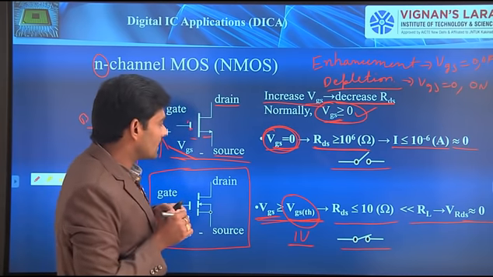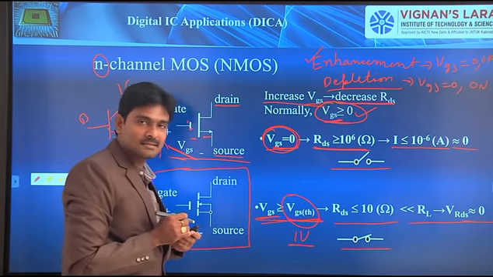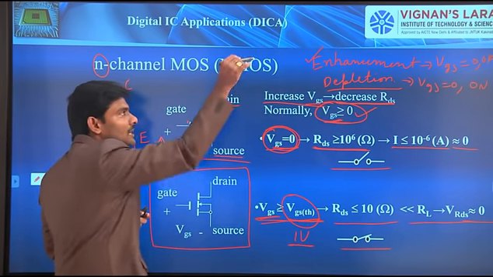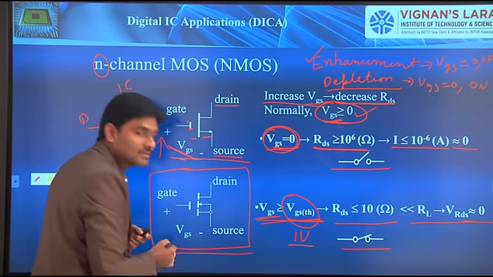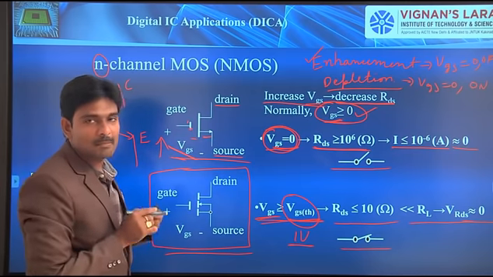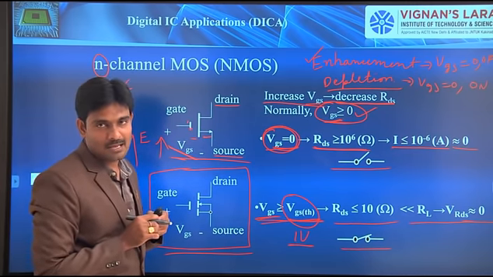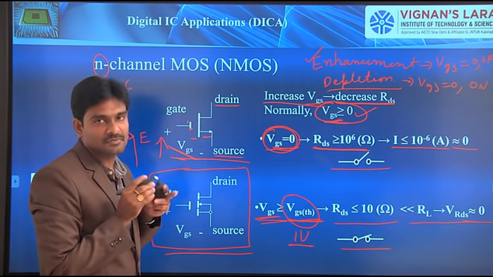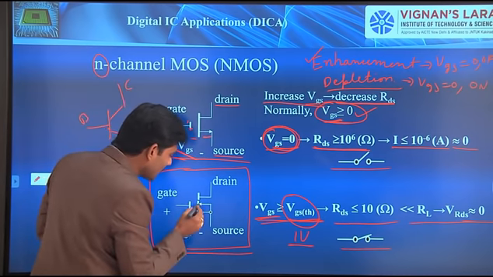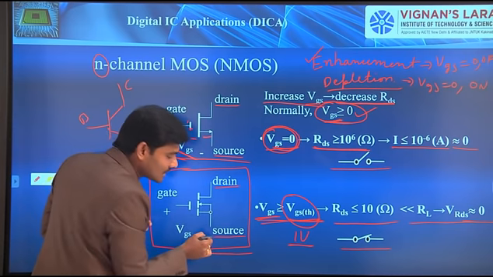Anyway, in our logic circuits we are mainly going to consider the enhancement mode transistor, and the representation of that enhancement mode transistor looks like this. Because if you didn't apply any gate voltage, at that time that transistor will behave like an off switch. So to indicate that no conducting path exists between source and drain,